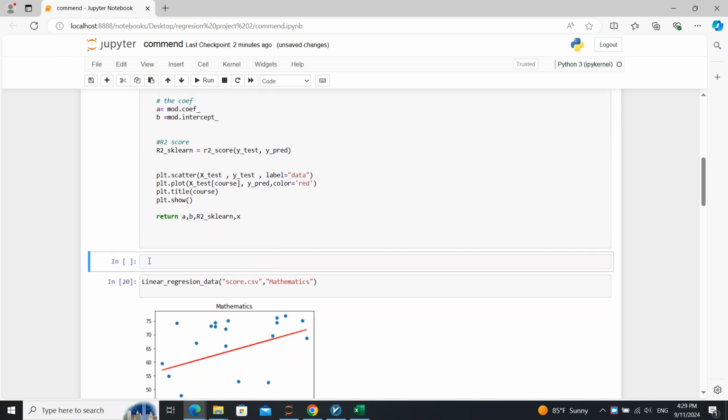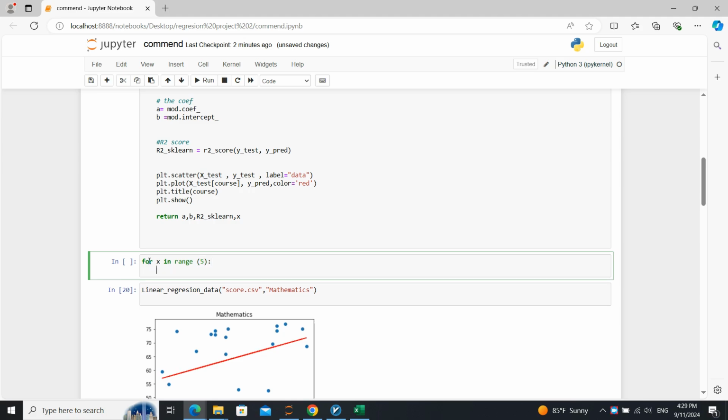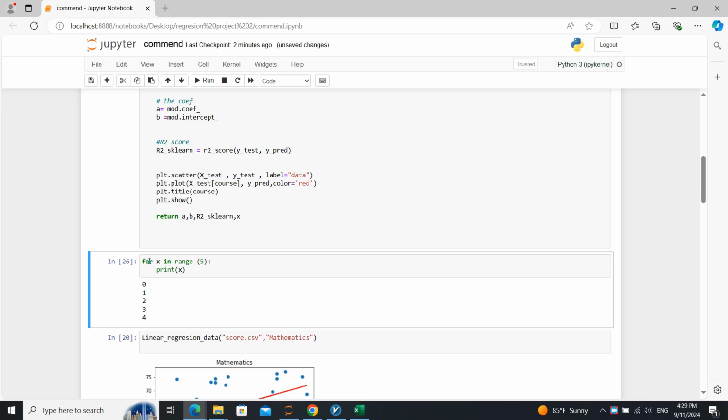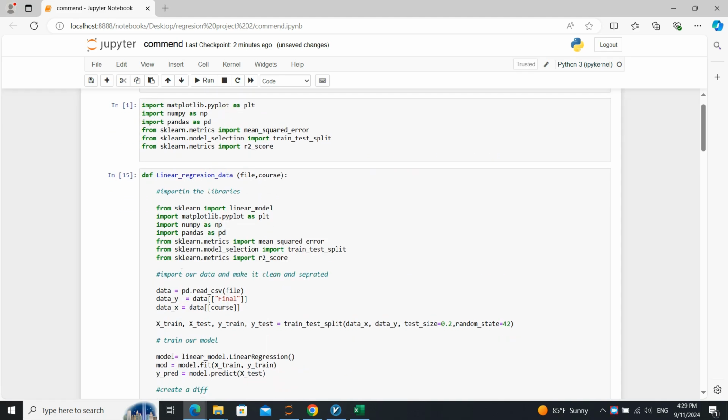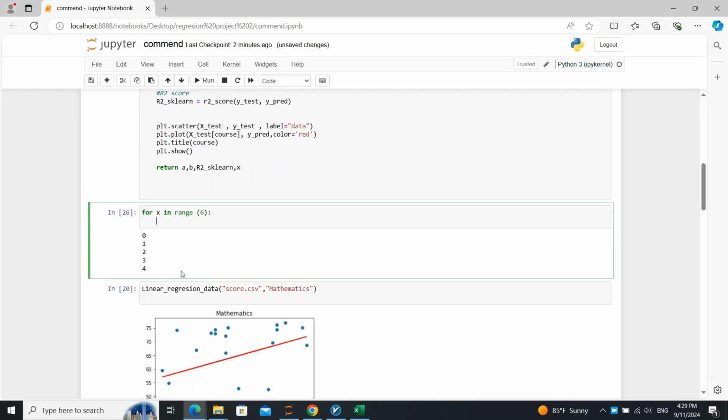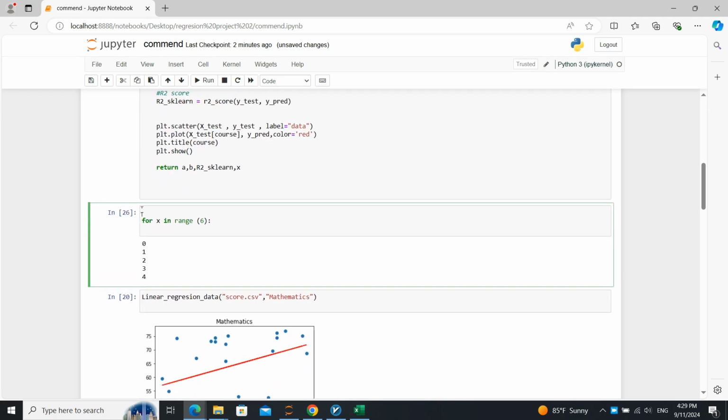How do we do it? We create for x in range 5, I think 5. Print x: 1, 2, 3, 4, 5. For x in range 6. Okay, then what we should do, we should create a list. Let's create a list here